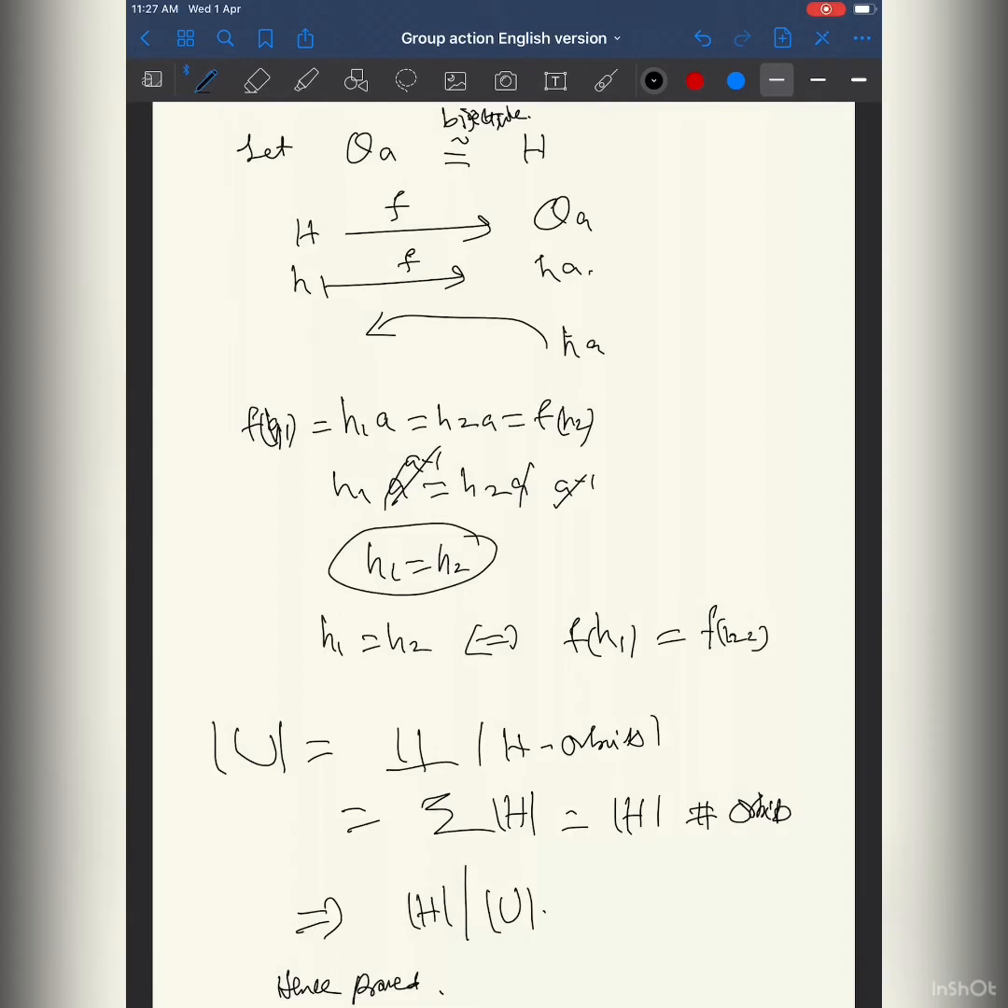Okay, so I think I finished the preparation. So we are going to use many group actions to prove Sylow's theorem one by